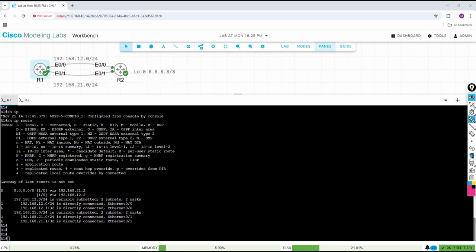So now the concept which we are talking about, the floating static route. What is the meaning of this? A floating static route is nothing but, if we want to keep the static route as a backup route, then we can increase the AD value. By default the AD value is 1. Here also 1, here also 1. That's why both are coming in the routing table. If I increase the AD value here from 1 to 5, or instead of 1 I can put 10 here,